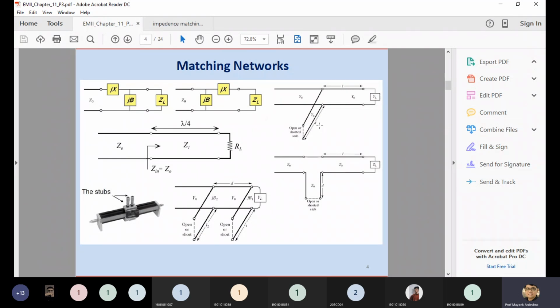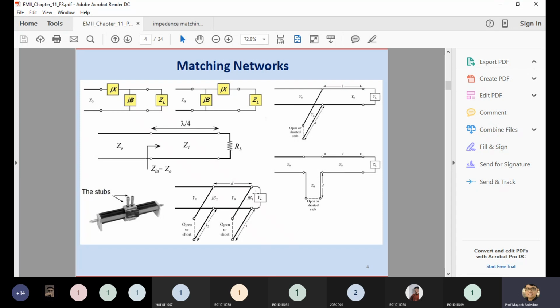The second technique you can see in the right-hand side, topmost figure. We are inserting some wire in a parallel combination. This is called the stub. This is called the single stub. I'm just moving the mouse over here. You can consider this is the single stub. And you can see there is another figure which has two parallel wires inserted, which is the double stub.